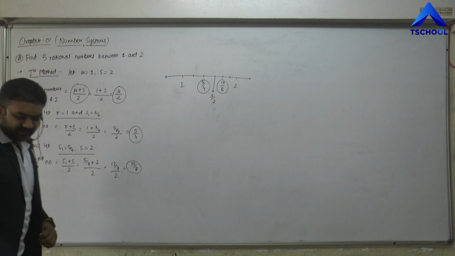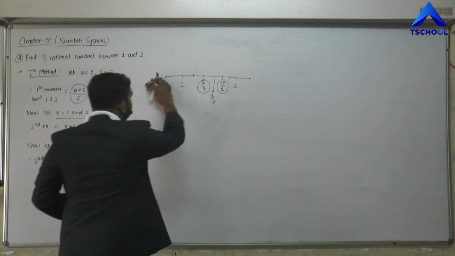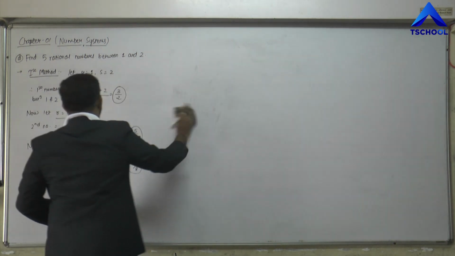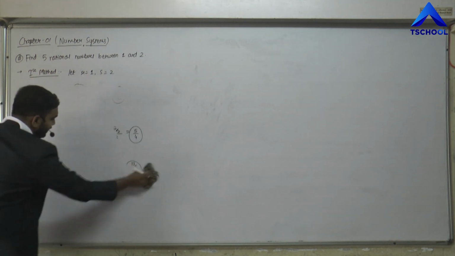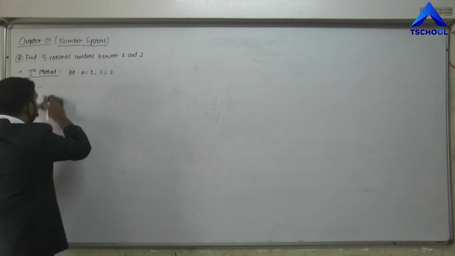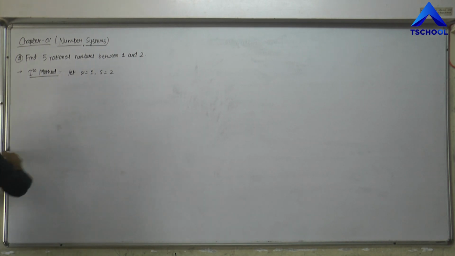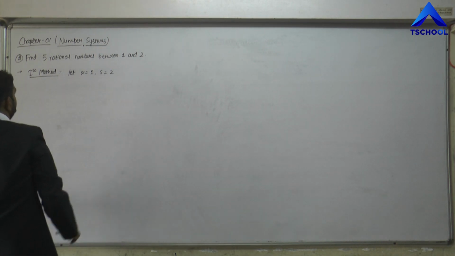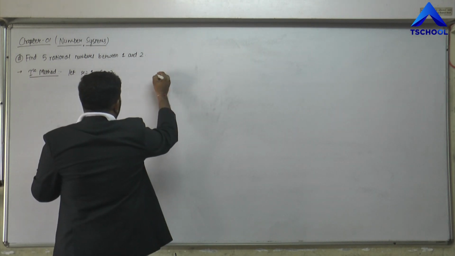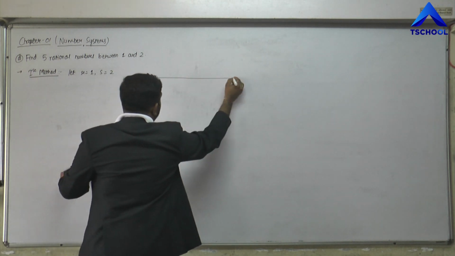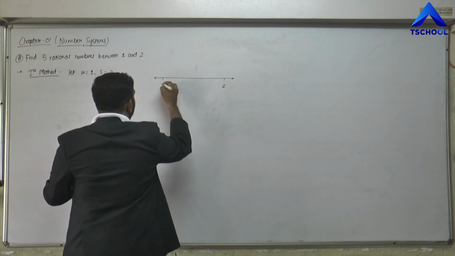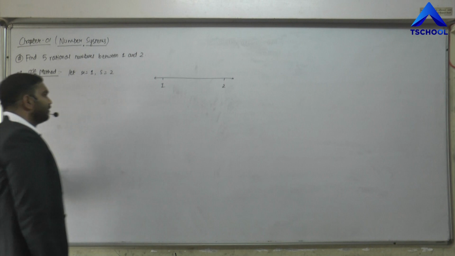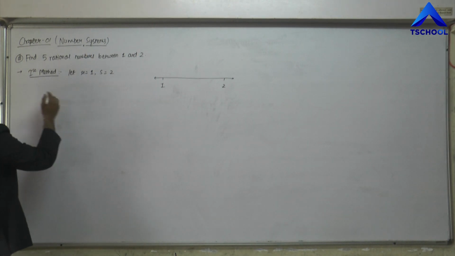Let us discuss it clearly, what numbers we get here, rather than going for the short solution. So let me solve it again for you and explain how to solve this kind of examples, right? First of all, I have taken r equals to 1 and 2, right? I am going to show you here on the number line also, so that it becomes clear for you. This is my 1 and this is my 2, right? So let r equals to 1 and s equals to 2.